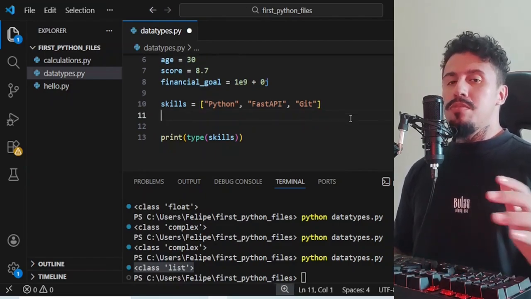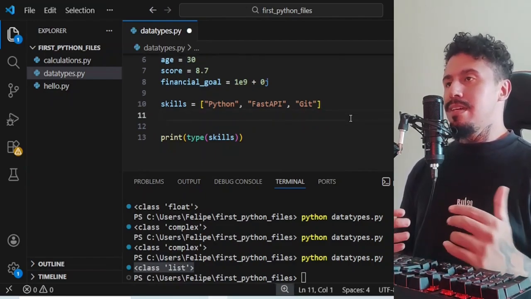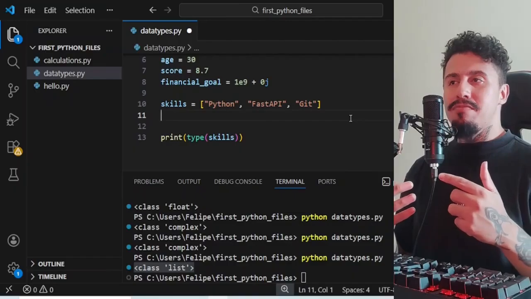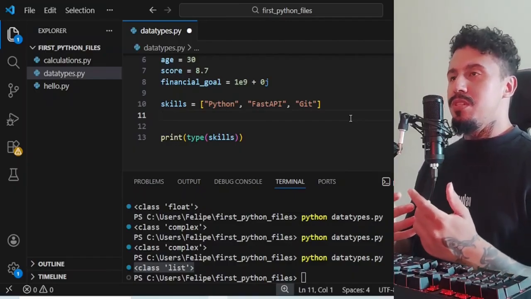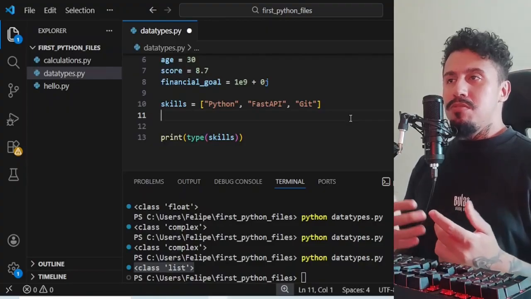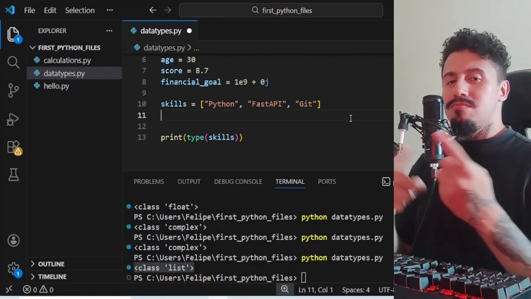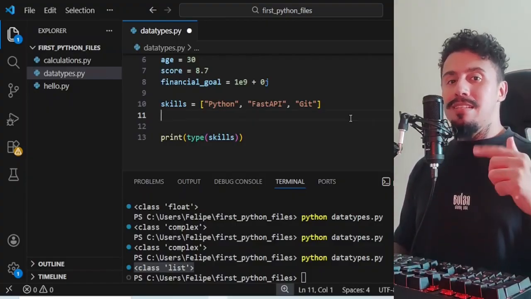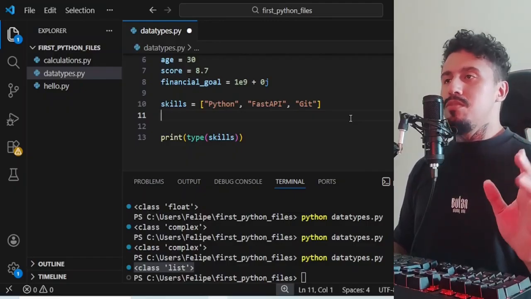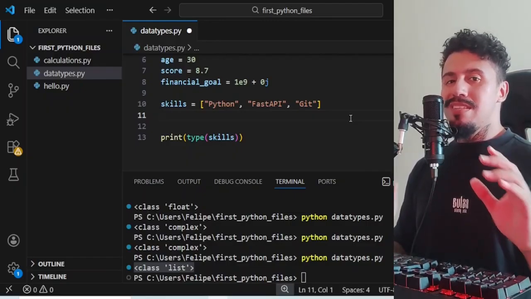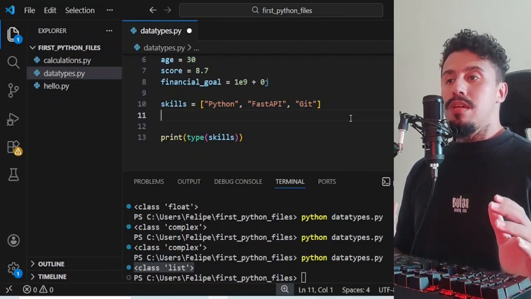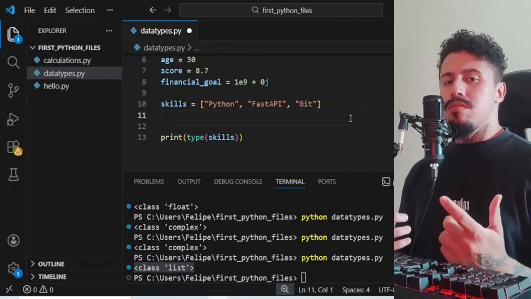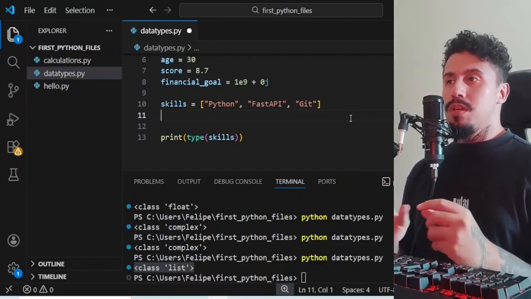And the difference between the list and the tuple is that the tuple is not mutable, all right? So the lists, you have functions that you're going to see in the future where you can manipulate the values. So you can change the values, you can switch them, you can update them, delete them, right? Add new values and remove, anyway, you can modify values inside of this list. The tuple is a little bit more rigorous. It's not mutable, okay?